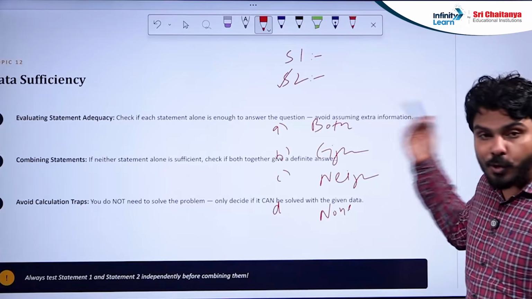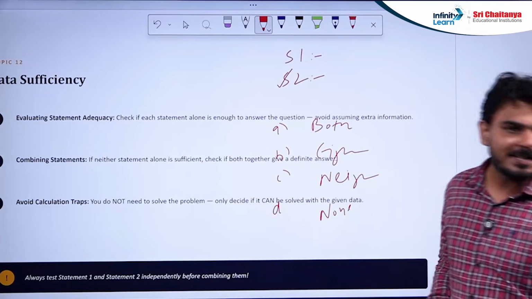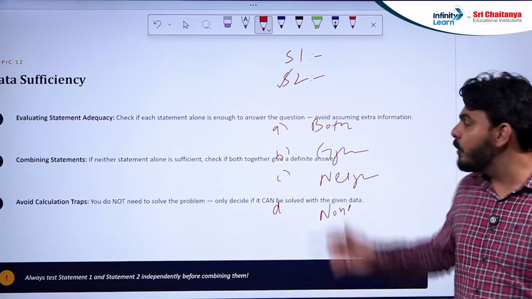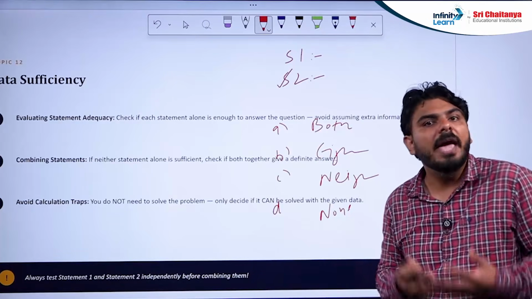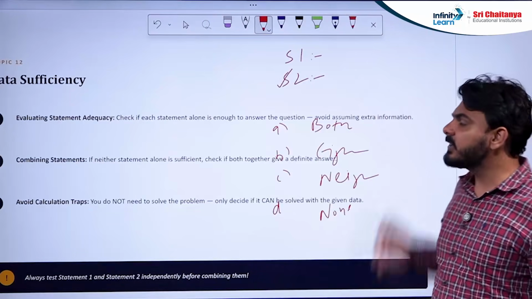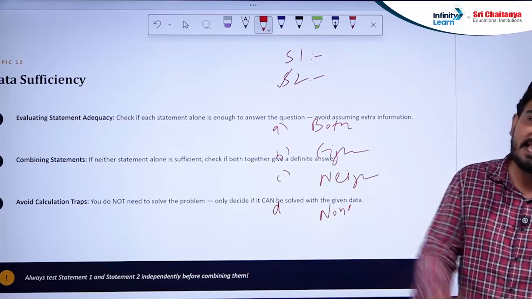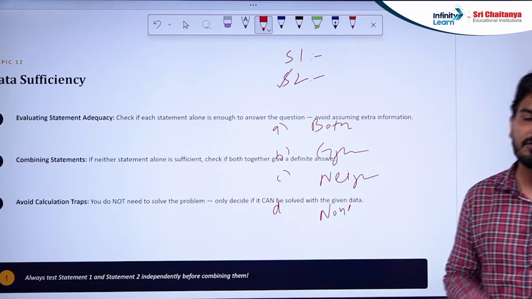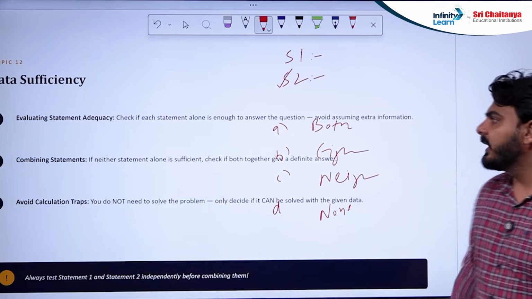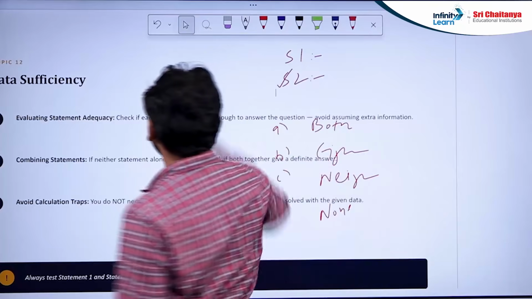But to solve this question, you have to understand that topic also, because these 2 statements can come from any topic. They can come from blood relation, from distance and direction, from percentage, from ratio and proportion also. So it will be like this. Let us now move on to our next topic.